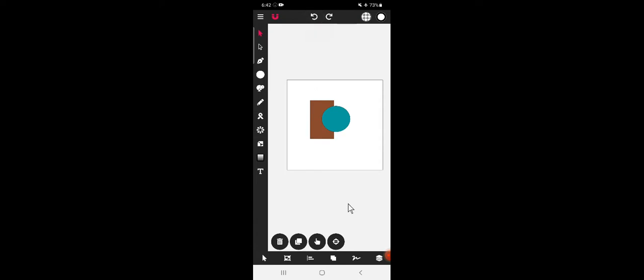If you want to keep one of the shapes even after intersecting, make sure that you create one copy by tapping this. Now I have made one copy of this. Now I will use the intersect option.